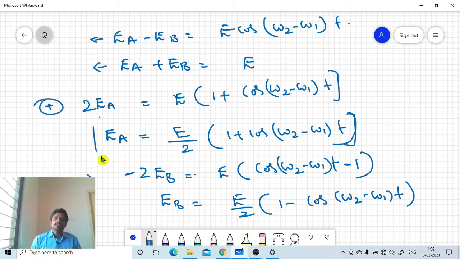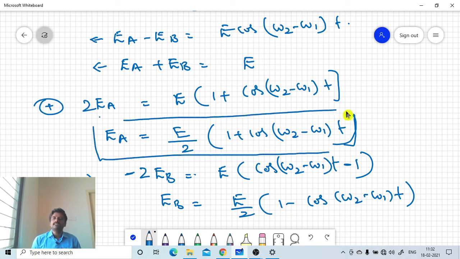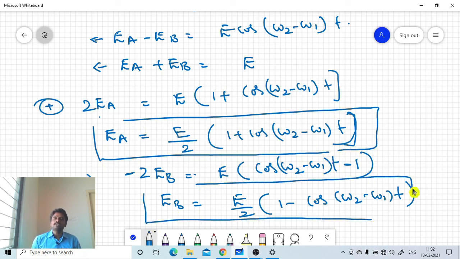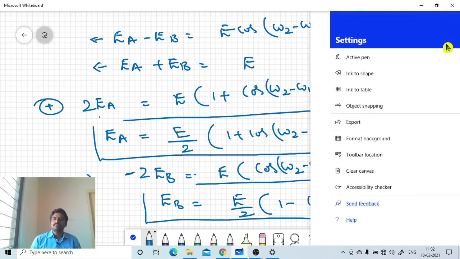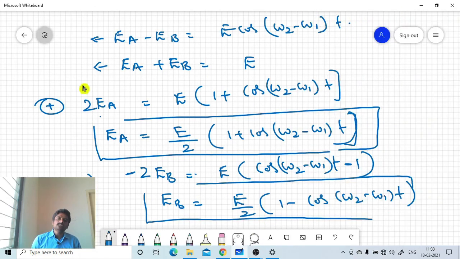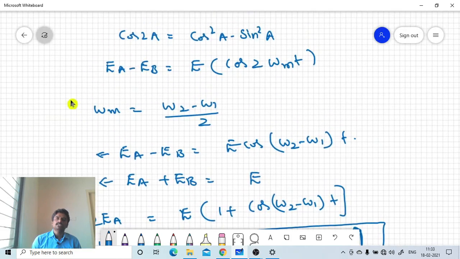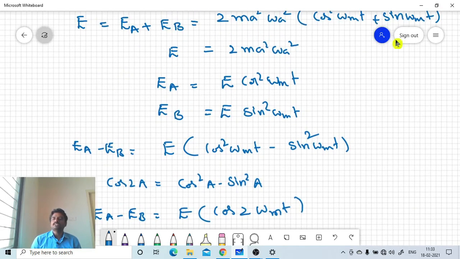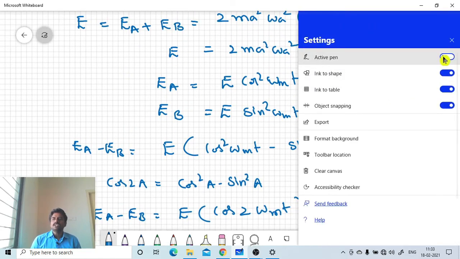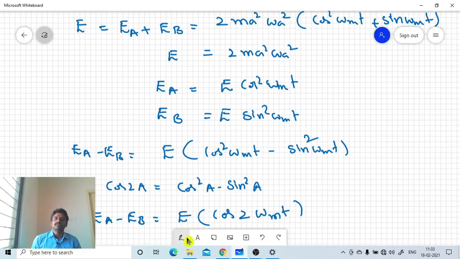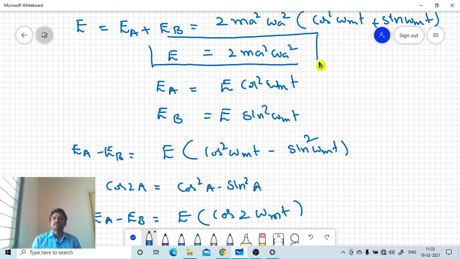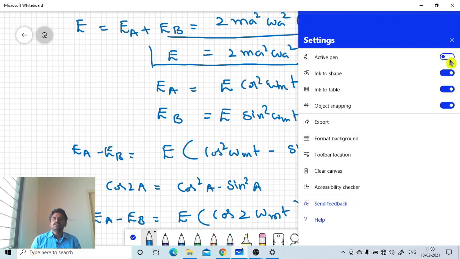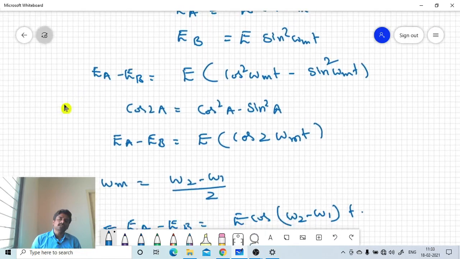So this is the equation for the individual energy of the body when they are in coupled oscillation. This is the total energy of the bodies when they are in coupled oscillation. These are the equations, and this is how they will ask in your examination. See here, this is the total energy function, and this is the individual energy function. This is the total energy of the two pendulums, and this is the individual energy of the two pendulums. So this is the explanation.